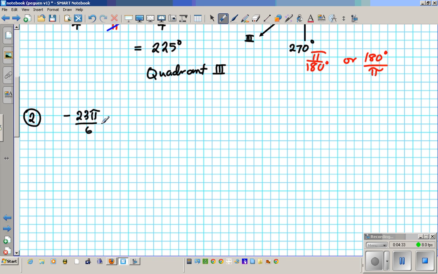To convert this to degrees, I either have to pick this or this. Since it's radians, I am going to pick this option because I want the pi's to cancel out. So I'm going to have 180 degrees over pi, because I want to change it into degrees, and then the pi's cancel out. If I multiply across, 23 times 180,